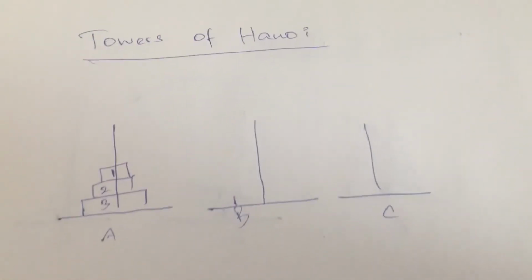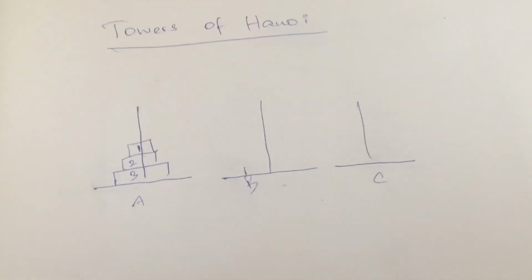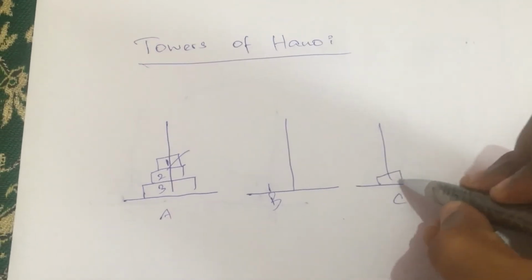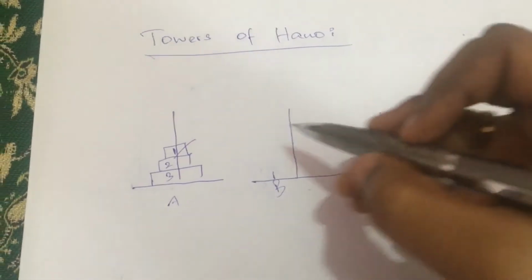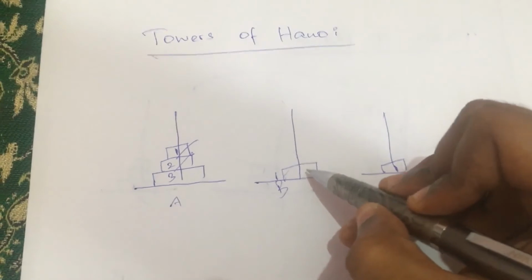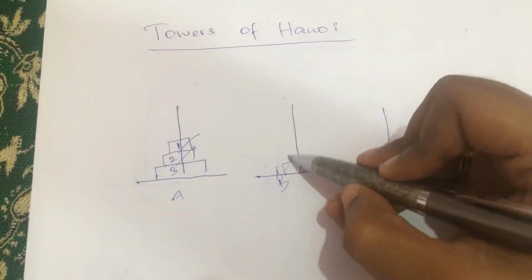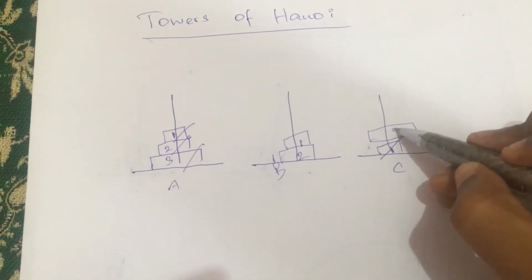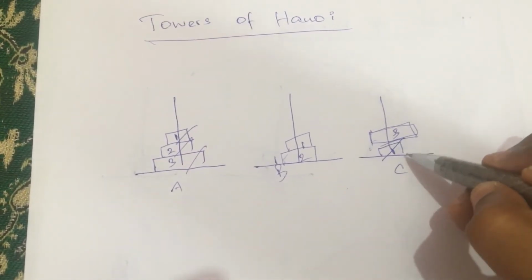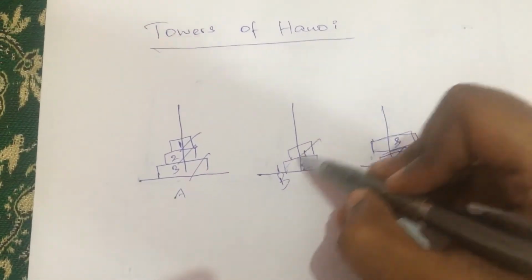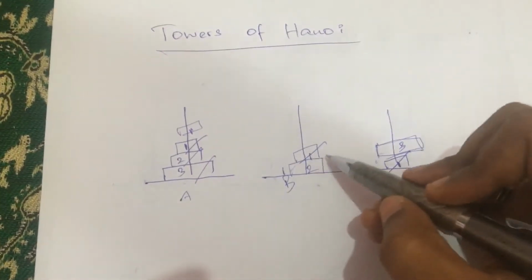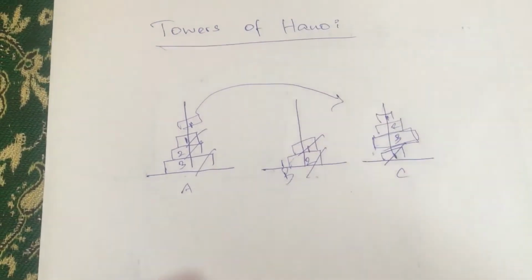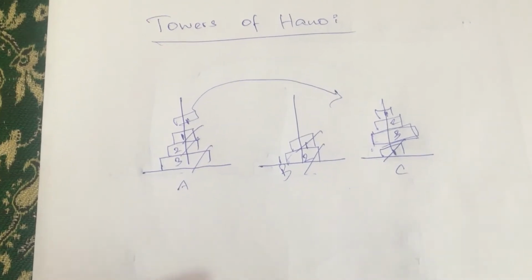So now I'll be taking the disc off the first rod and placing it at the last position, C, followed by which I'll take 2 and position it at the second rod. Now 1 will be moved back to this one and 3 will be removed from here, and I'll be adding 3 over here, right? So now see here, 3 has been placed on the last rod, and after this 1 will be moved back to the first rod and I'll take 2 and place it over here, and at last 1 comes from the first rod to the last rod. So this is how the problem of Towers of Hanoi works.